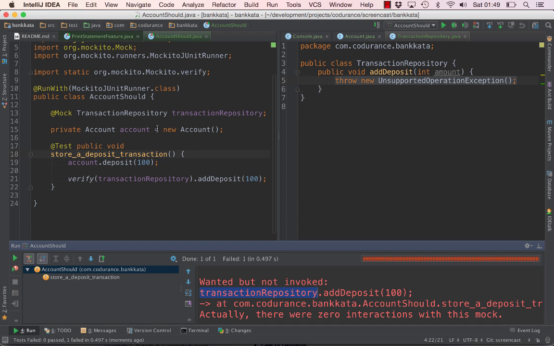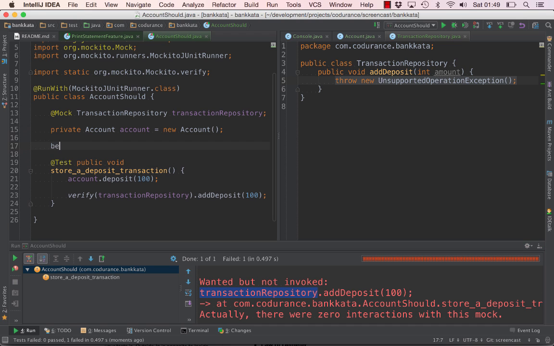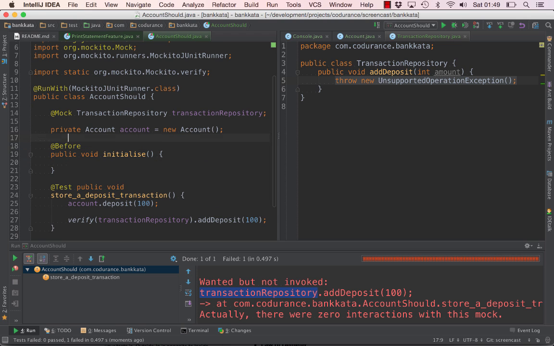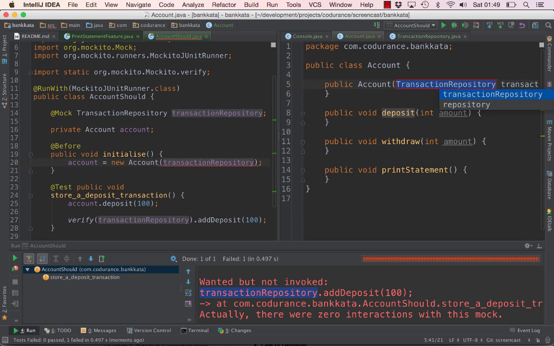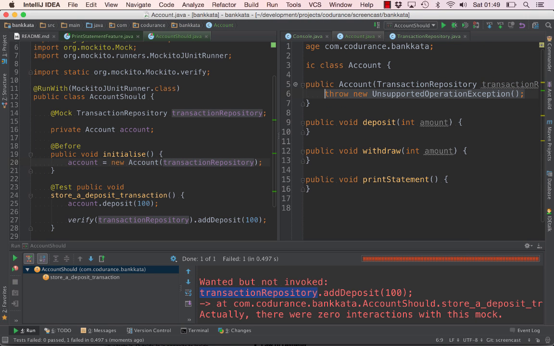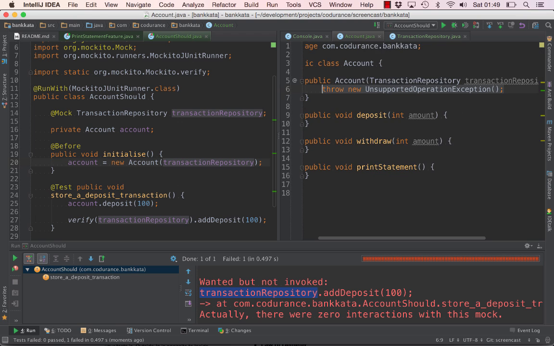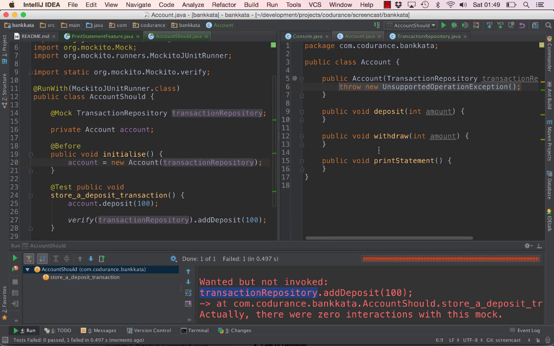Of course, I normally prefer to do this. Right, and I will need to inject the transaction repository into the account, and let's make it a little bit smaller. And of course, if I run my tests,